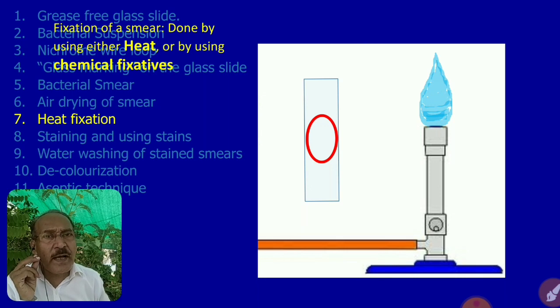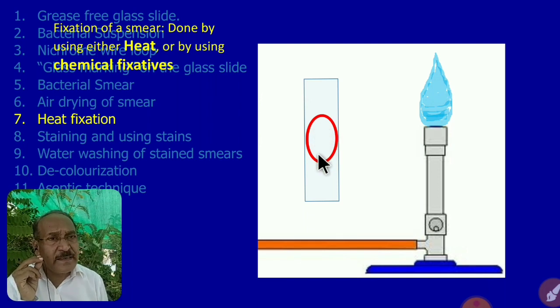That is what is known as heat fixation. Now how exactly is it done? Here I have shown one glass slide on which there is a glass marking at the back side, and on this side there is a bacterial smear, air dried. Okay, and there is a flame of a Bunsen burner